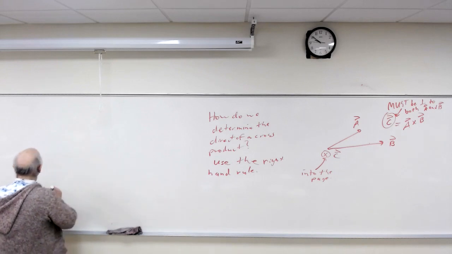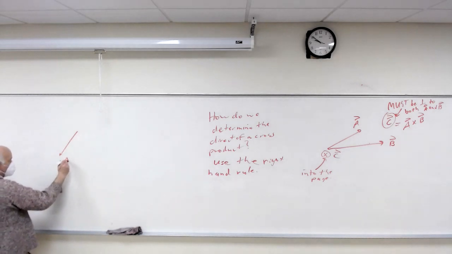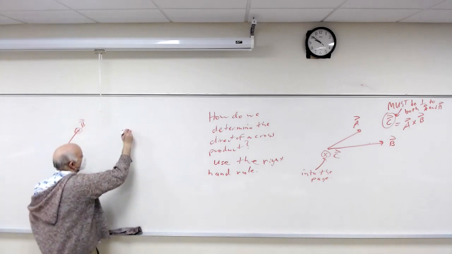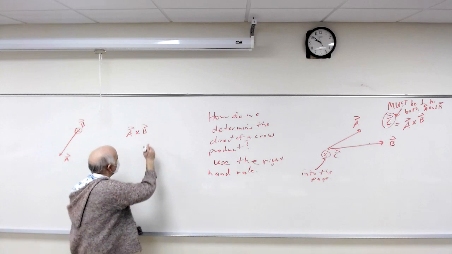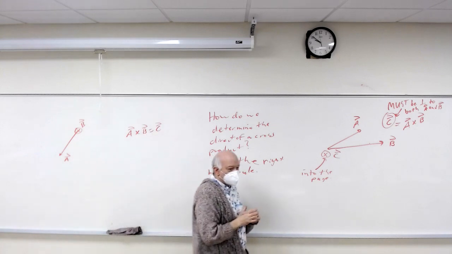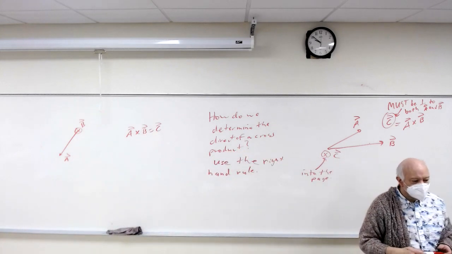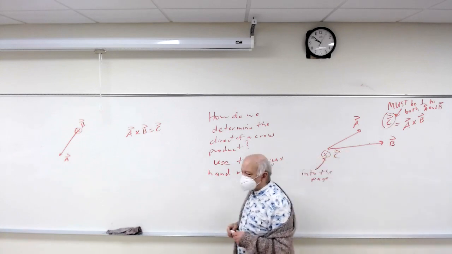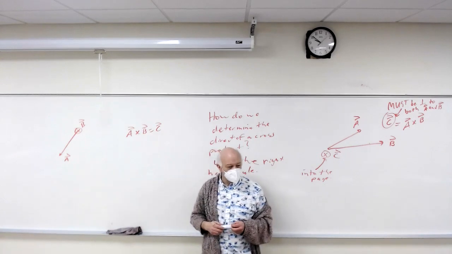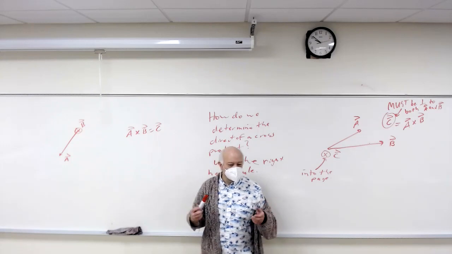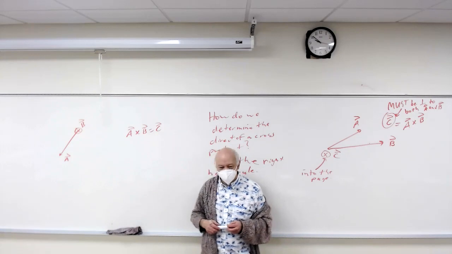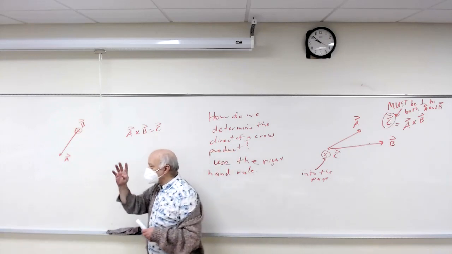Okay, let's try this one. Let's say this is A, and let's say this is B. I want you to find the cross product. What does that one do? Up, down, right, left, in, out? I'm hearing down, right, that way. Right, at 5 o'clock. My thumb is pointing down, right, that way. Okay, where do your fingers go first?